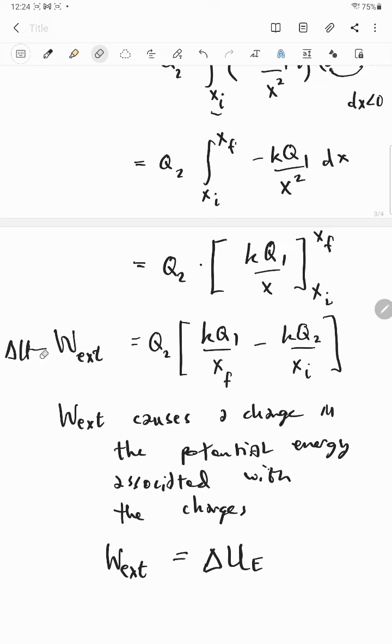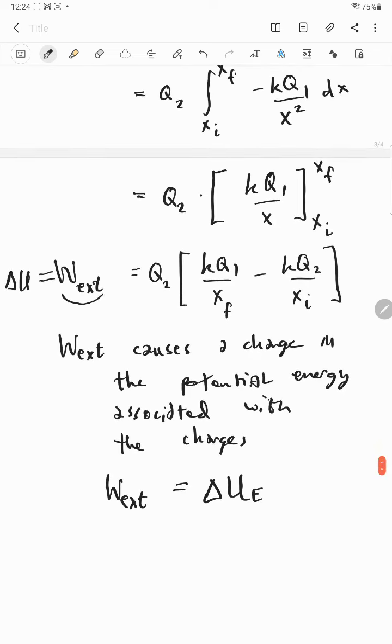Let me make that a little neater. So the change in the potential energy was caused by our external force. Our system's energy can change, where the system is just the two particles having a repulsive interaction. So the energy of that system can change because an external agent added some energy in this case. But I'm going to go a step further and do a little bit of definitioning. So we've got that delta U. If I were to divide by that charge Q2, which I left out front on purpose,